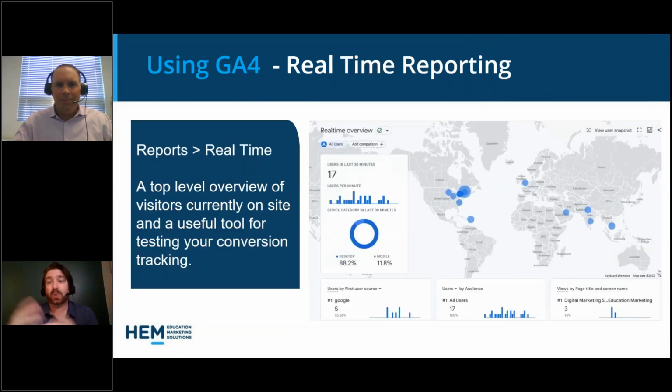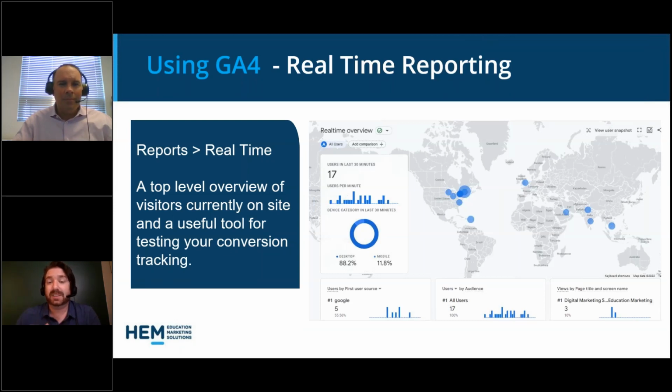Fortunately, when you're working on setting up your KPIs, there are some things you can do to troubleshoot them, which is really nice, and ties well into one of the improved features of GA4. Back in UA, there was a real-time report, but I don't know how many people honestly looked at it. It might have been a bit of an afterthought, but it's very prominent now in GA4, and it's one of the tools that we use a lot in our own teams when we're troubleshooting and trying to set up events. What the real-time report does is show you everybody who's on your site at a moment, but also at a glance you get to see all the activities and actions, in other words, the events that are taking place. So who's clicking what, what are they doing, and so forth.